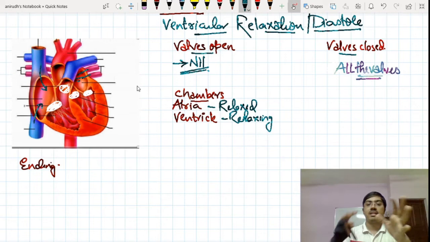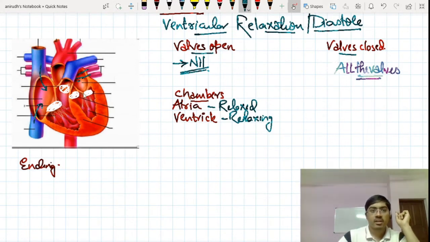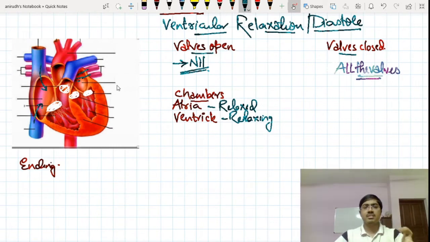But the ventricle is now in the process of relaxing, while the atria is already relaxed. Right? Now, is there any flow of blood in this particular phase? Is the blood flowing from atria to ventricle? No. Is the blood flowing from ventricle to the pulmonary artery and aorta? Again, no. So there is nothing significant in terms of blood flow,